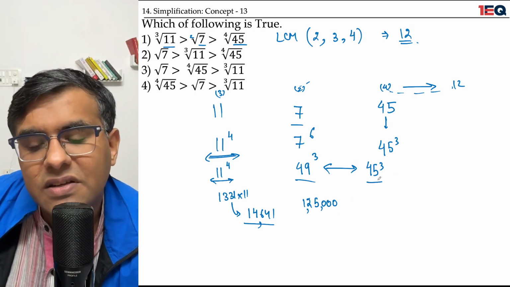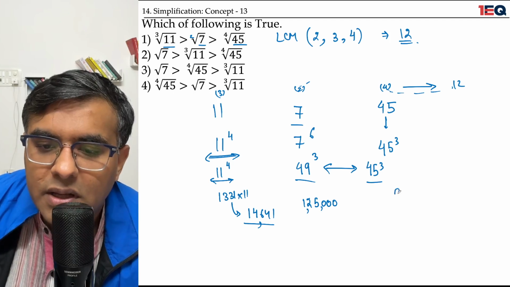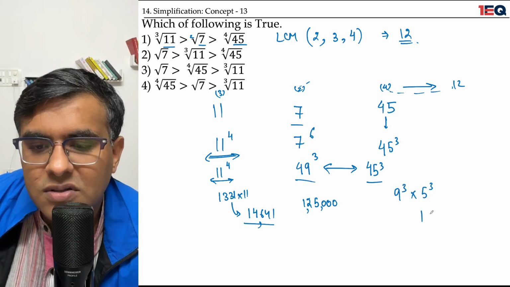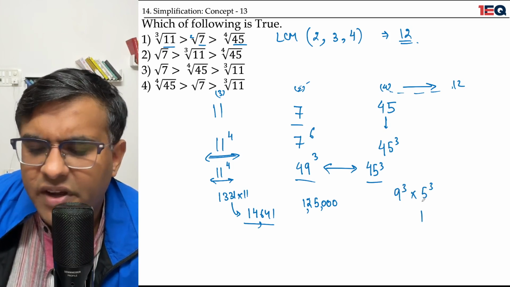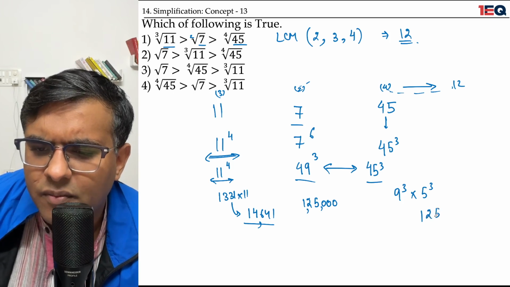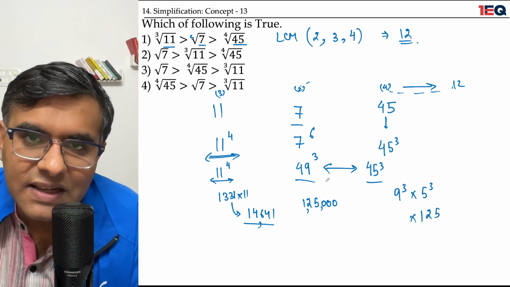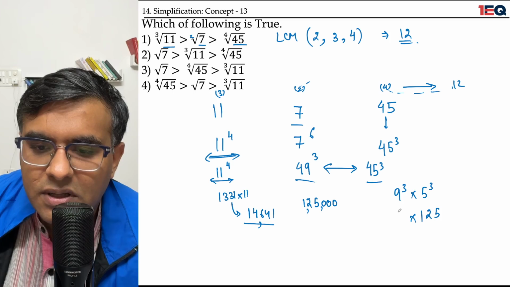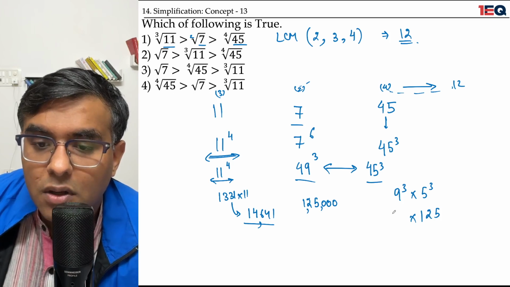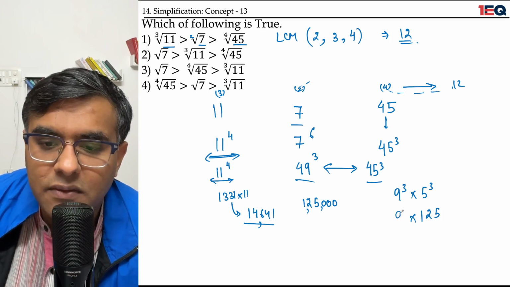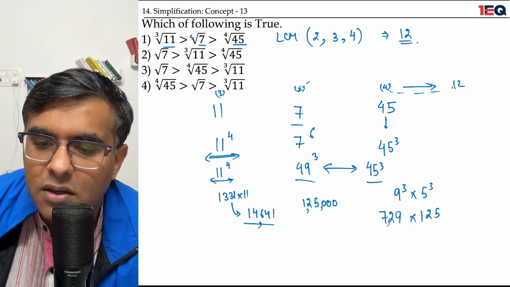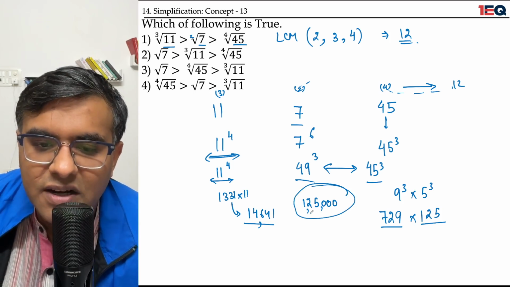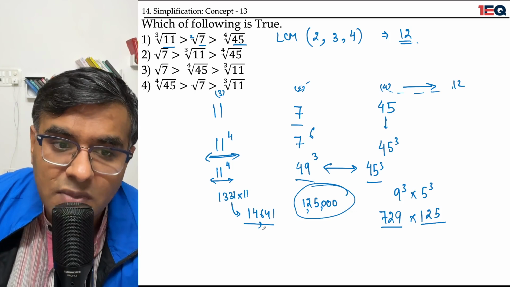Okay, so let me see where 45 cube will land me. It's 9 cube multiplied by 5 cube. 5 cube is 125. And 9 cube is definitely lesser than 10 cube, which we've already considered. 9 cube is much smaller than 10 cube. 9 cube is 81 into 9, 9 ones are 9. This is 729. So 729 multiplied by 125 is definitely lower than this, but it is much larger as compared